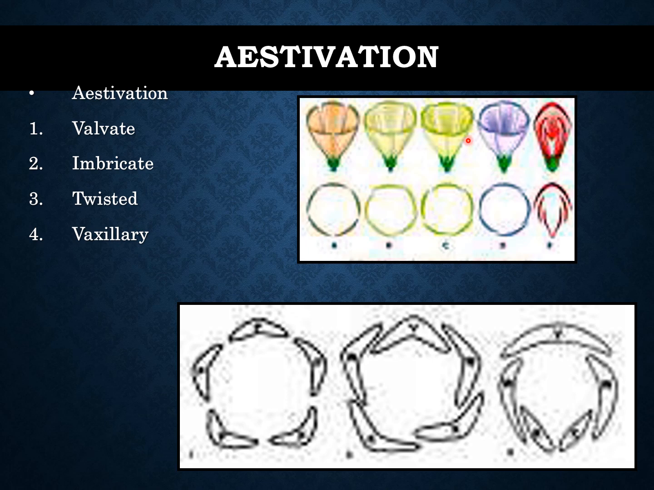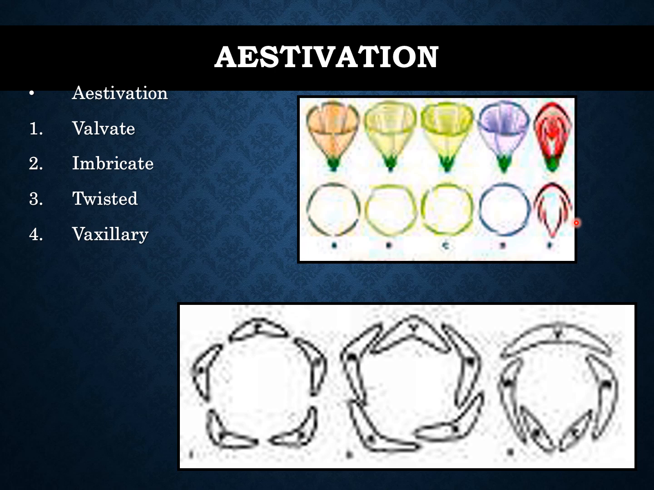This type of estivation is called imbricate estivation. And the last one is called vexillary estivation, in which there are unequal petals. This type of estivation is only present in the corolla, not in sepals. Vexillary estivation is the characteristic feature of family Papilionaceae, in which